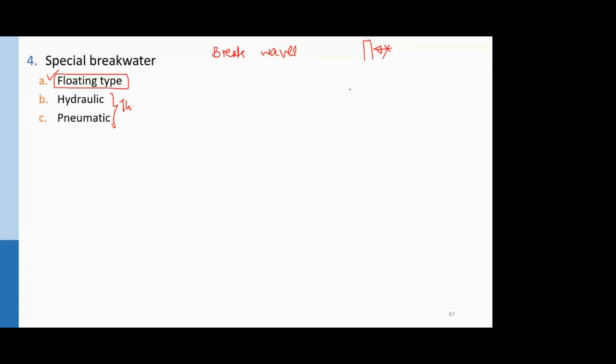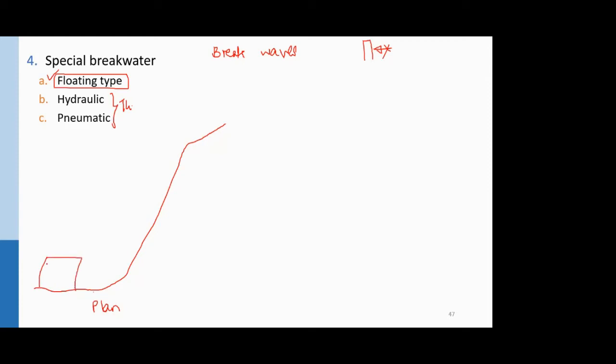We want this floating type of breakwater because the limitation is that the area is again a protected one, and you have to further minimize the effect of waves. So for that you can go for this floating type. The very basic or crude type of floating breakwater is like this: suppose this is the shore area. I am showing you the plan. So this is the shore area, and the breakwater from the top looks something like this.